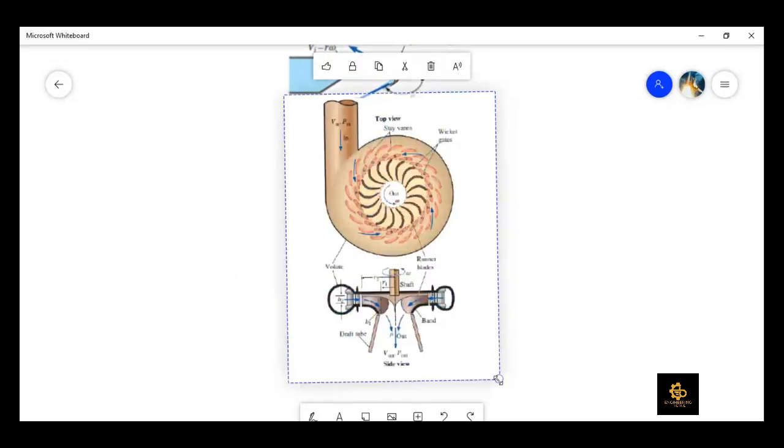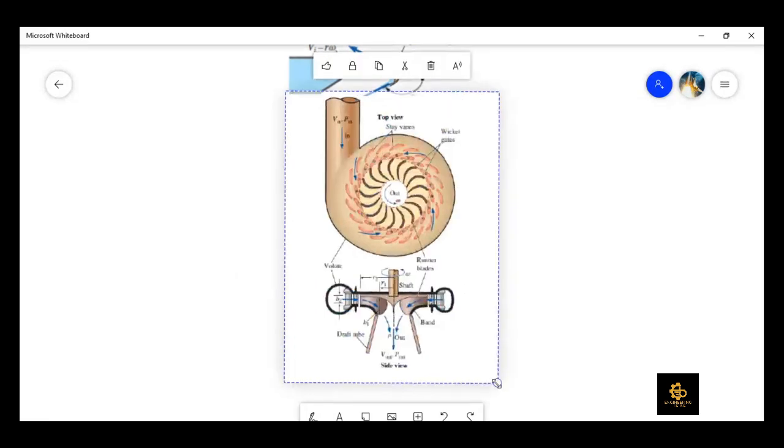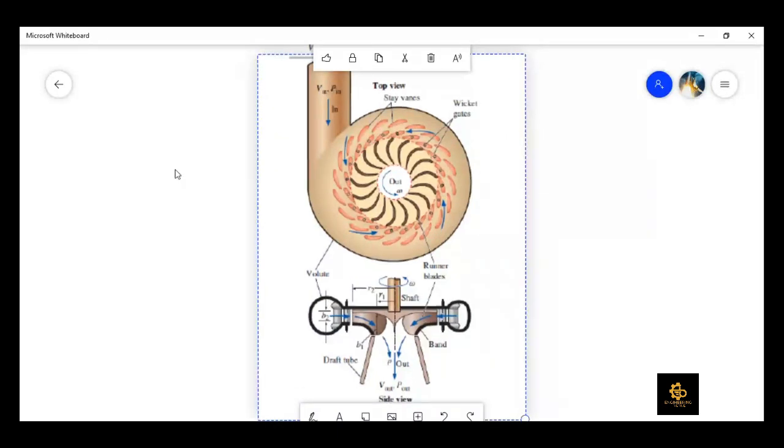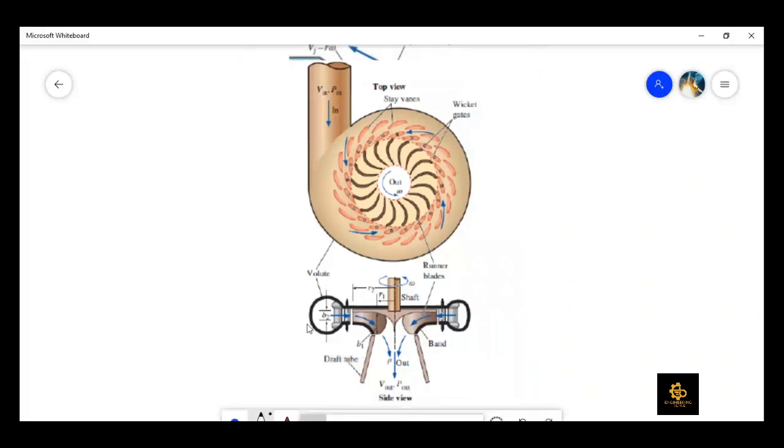Okay. So if you can see it on the whiteboard, we can see a kind of centrifugal pump arrangement. But here, the direction of flow is totally reversed. So if you remember that in the case of a centrifugal pump,